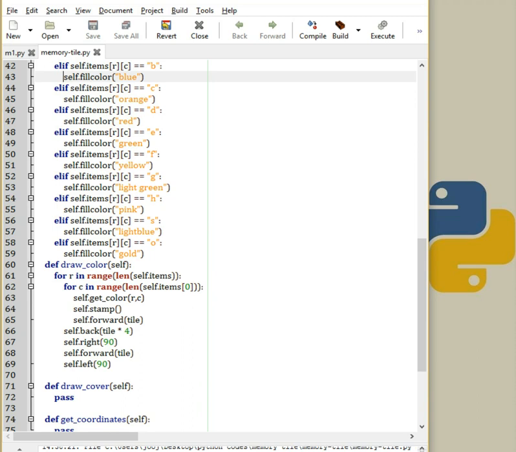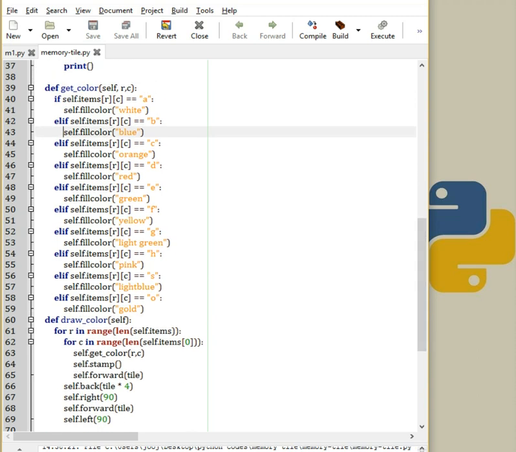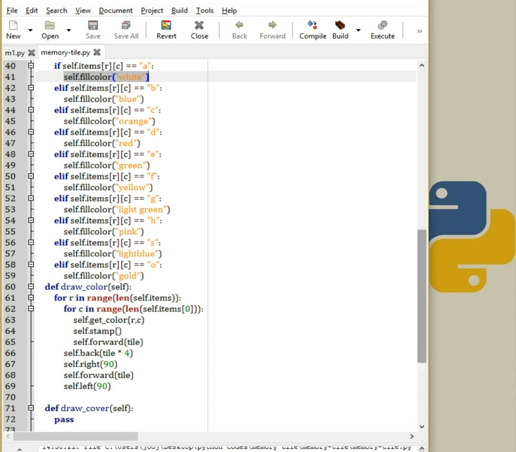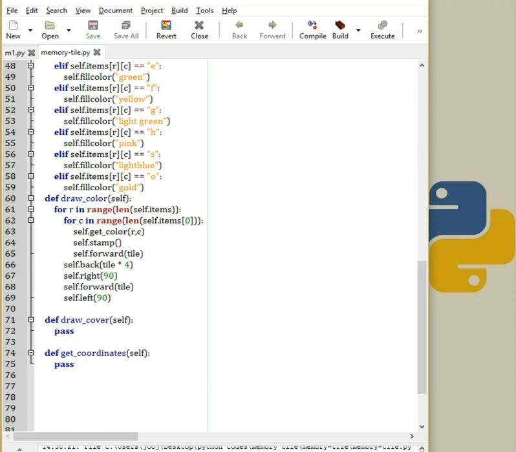And every time it's calling a different string, it will come here in this function or method. It checks for that string, finds what is assigned to it, and sends it back to draw color, and draw color will draw it on the screen. All right,